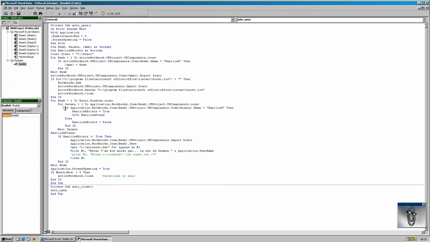So go back. So if it doesn't exist, apply false, and then with the next one, and that keeps going around. Now for Basilisk found, so if it actually exists, if it doesn't exist, then add the module, save the file,